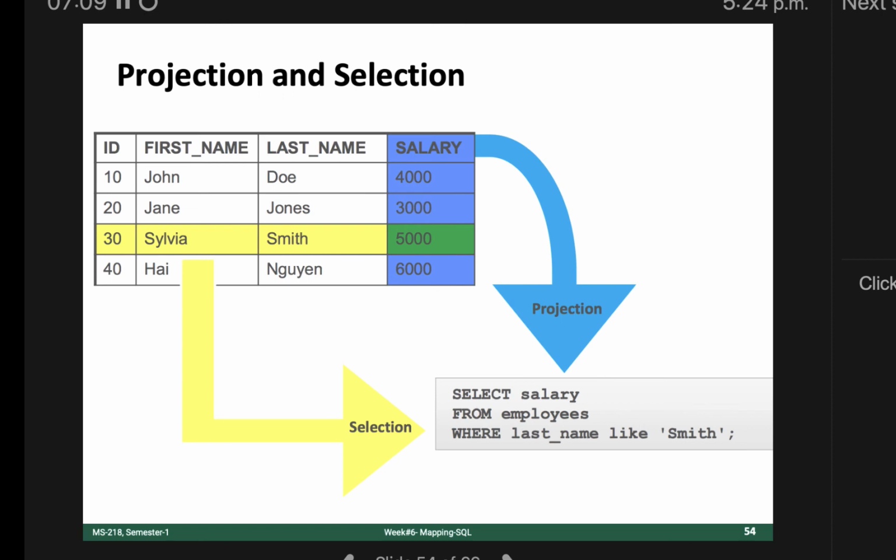Select star from employees where salary greater than symbol 4,000. Basically I'm just restricting rows with the where clause, where salary must be greater than 4,000, right? This is very easy, and don't worry, in the next 3-4 weeks we will be learning this.